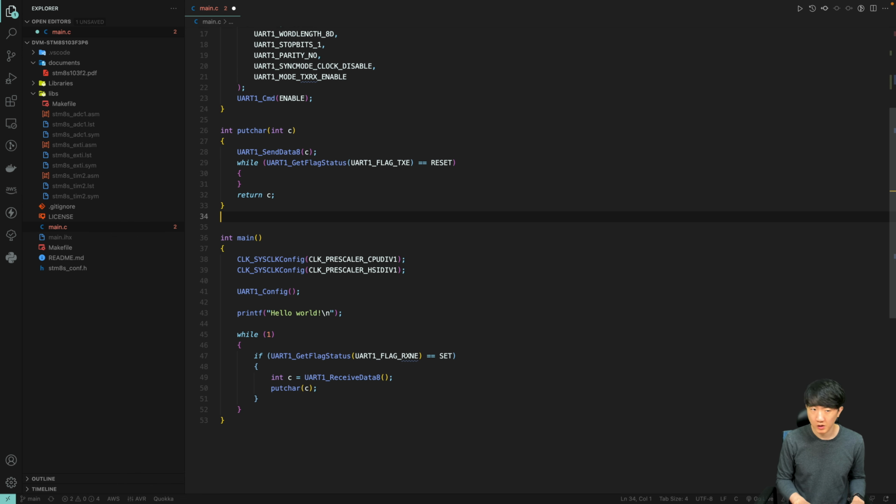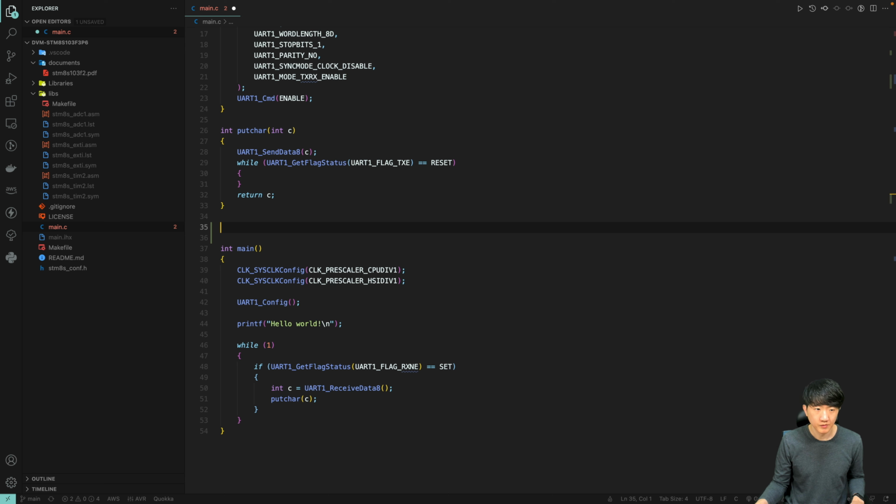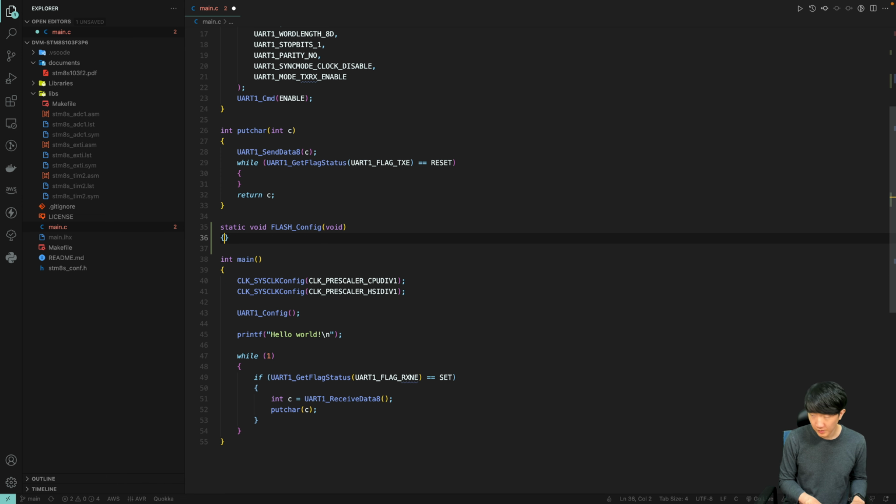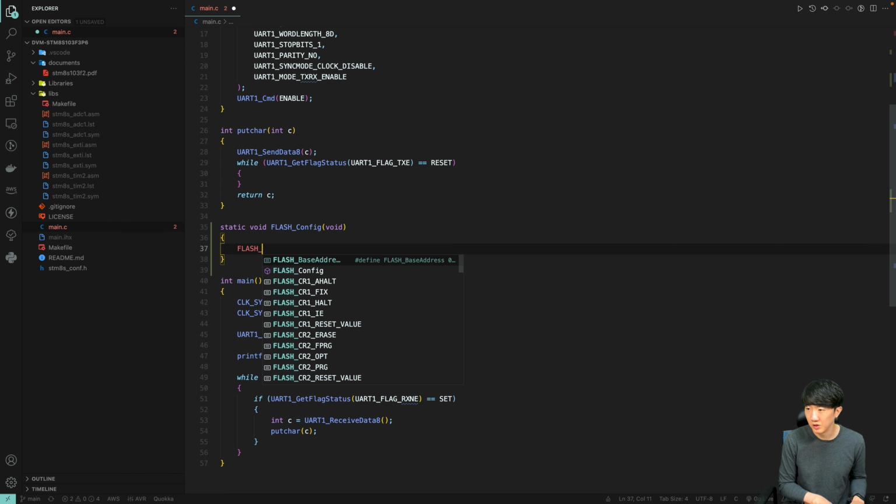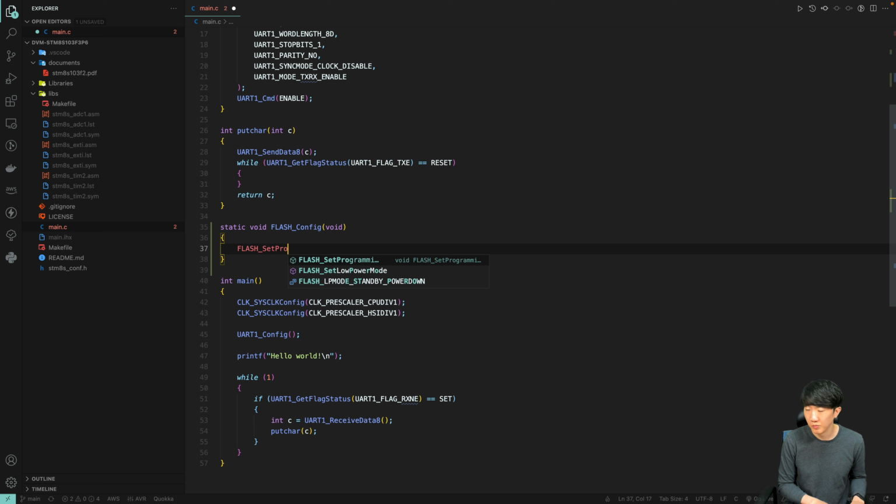To begin with, you need to set the flash programming time, which is a crucial step in the process. This involves configuring the time settings to ensure that the flash memory is programmed correctly and efficiently. After setting the flash programming time,